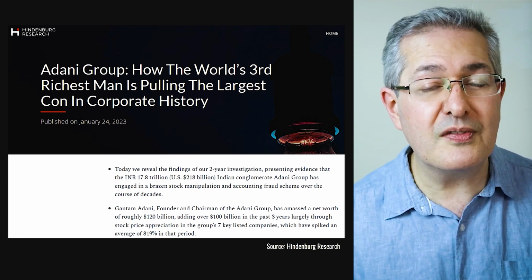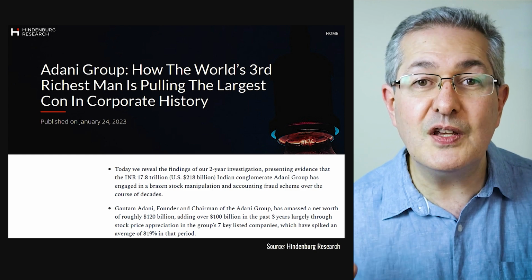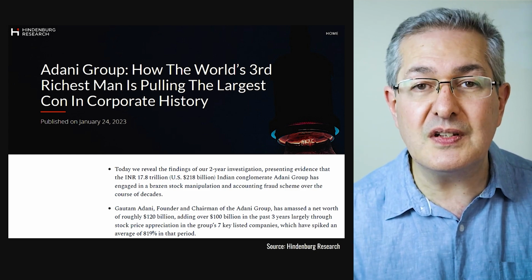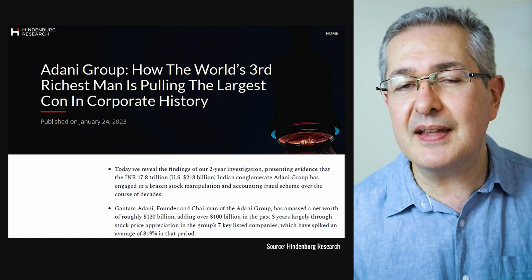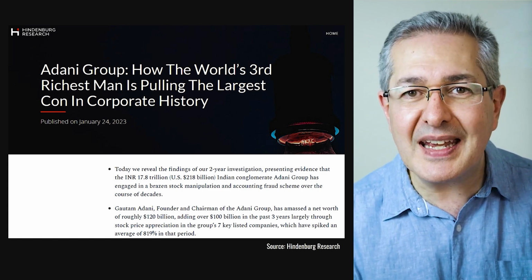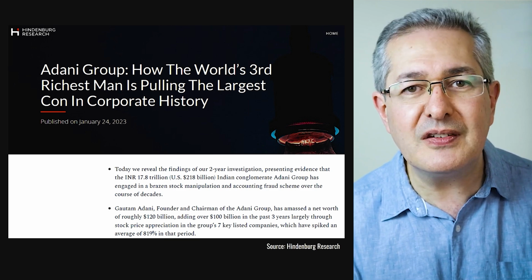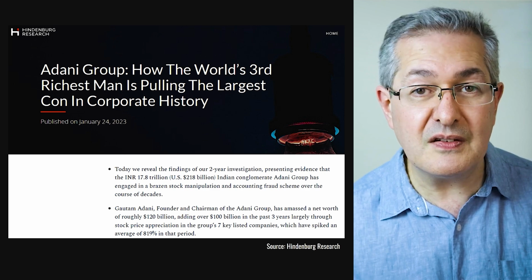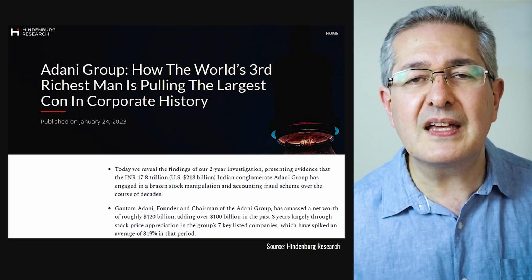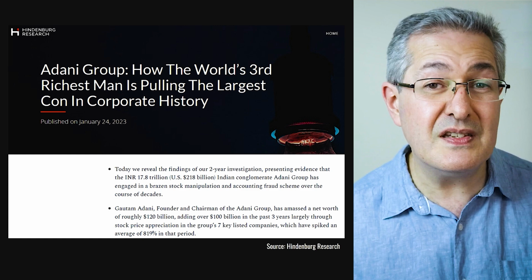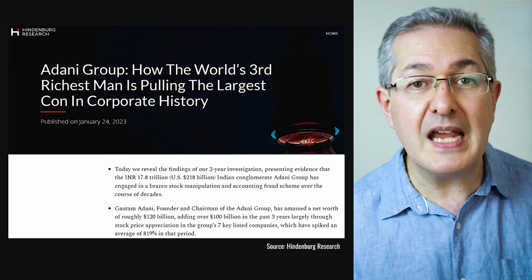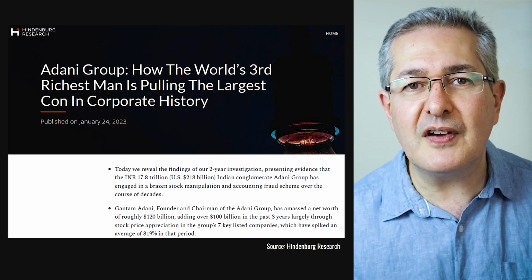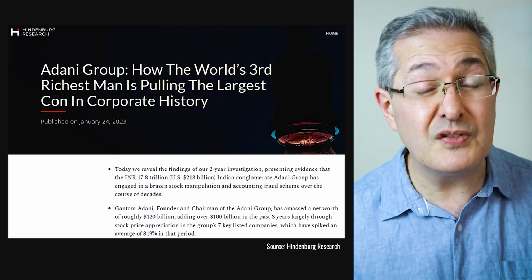Possibly one of the most worrying things that they say in the report is that even if you ignore the findings of their investigation and just focus on the financials of Adani Group, they say that its 7 key listed companies have 85% downside purely on a fundamental basis owing to their sky-high valuations. They also point out that many of these Adani companies have taken on lots of debt. And another red flag that they point out is that 8 of 22 of the key leaders in the Adani group of companies are Adani family members. That places the control of the group's financials and key decisions in the hands of just a few people.